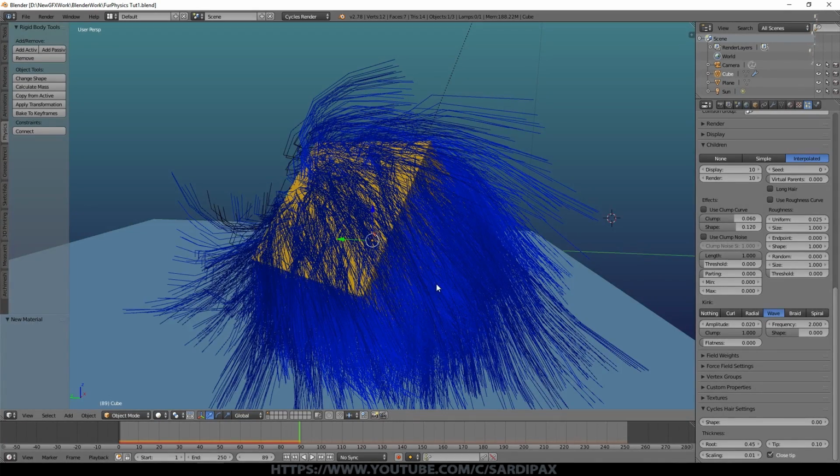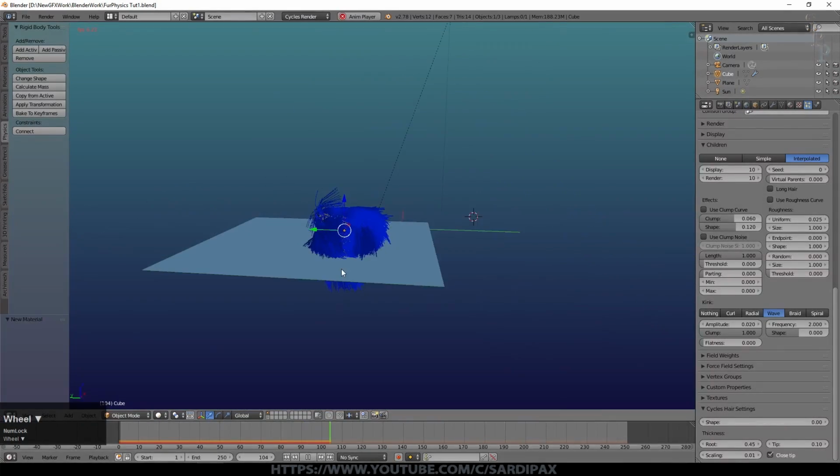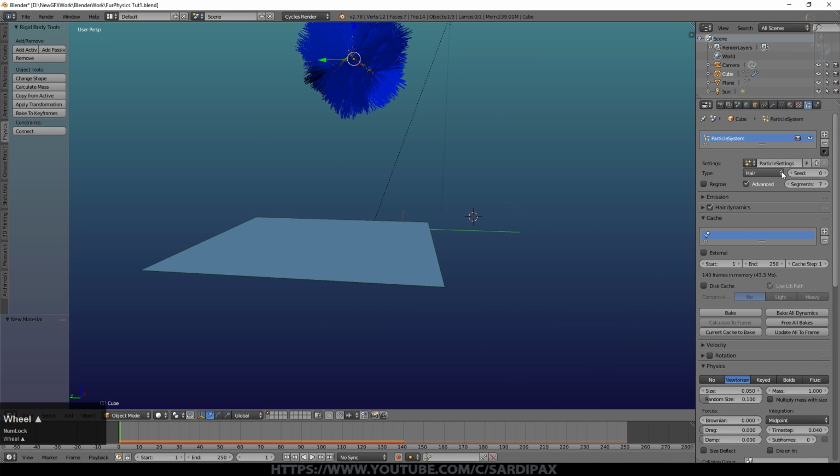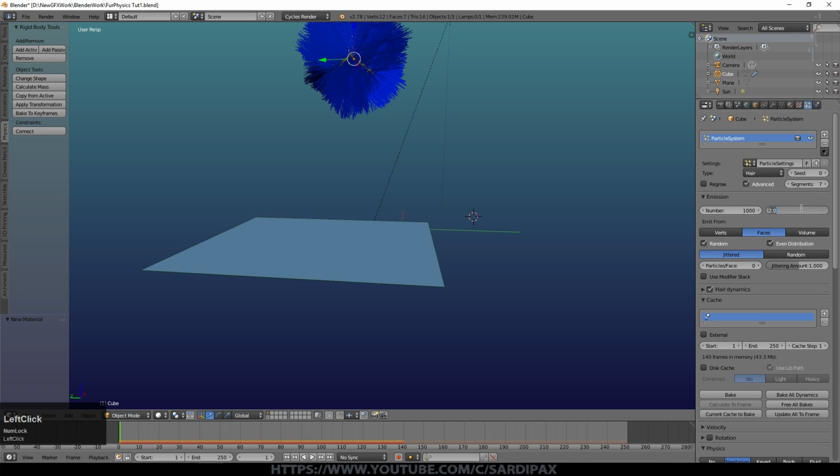So that's got our basic hair system, and if I just let that roll on a moment, what I think I will do is shorten that hair a little bit. So we'll come up to the top, it's one of the easiest places to do it, and let's set the hair length to 1 and just play that animation.